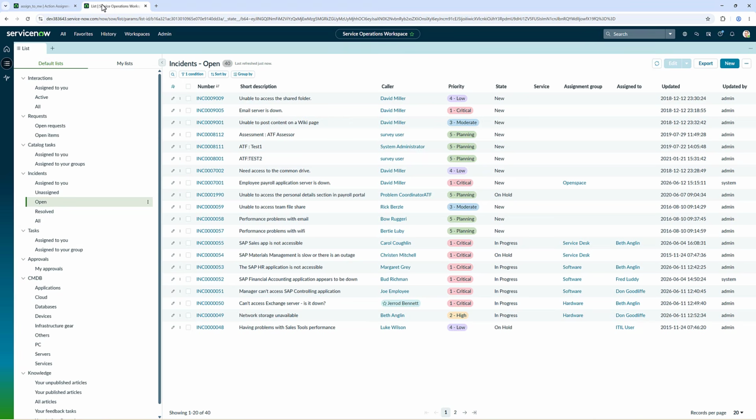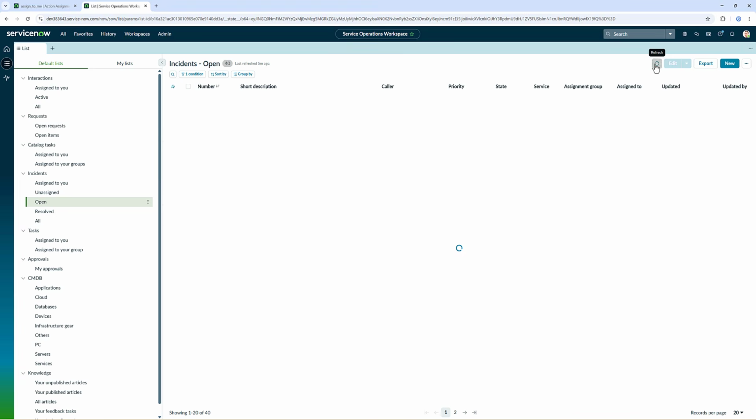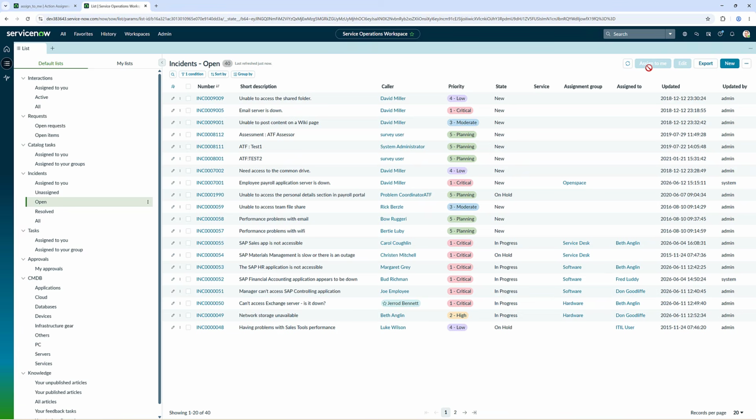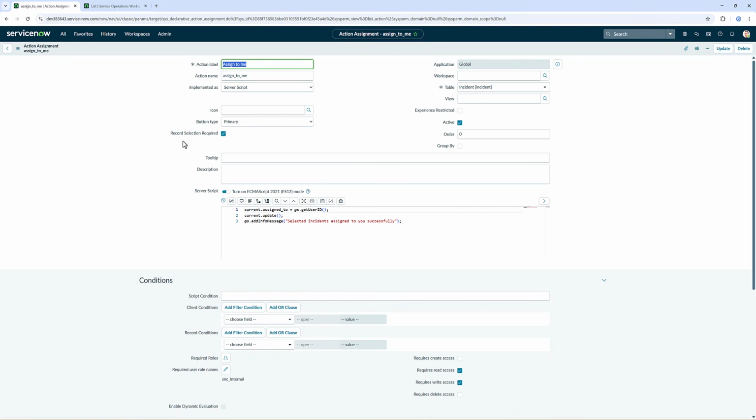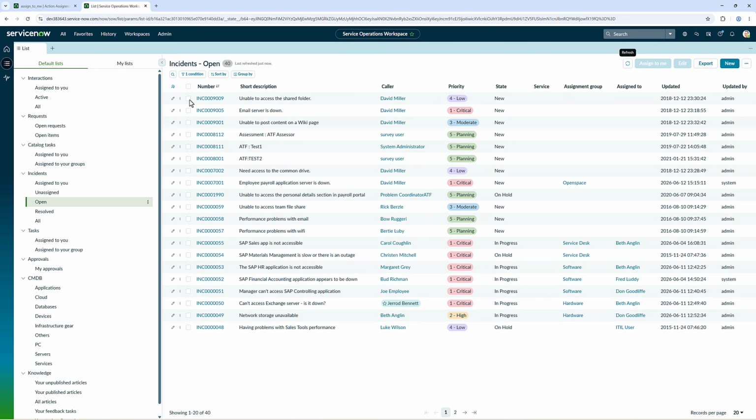We'll go to the incident list, and if I refresh it, let's see if our button got visible or not. You see that it's visible, but it's not highlighted. Why? Because we have selected record selection required. So once we select the record, let's say I'm selecting this record and this record,